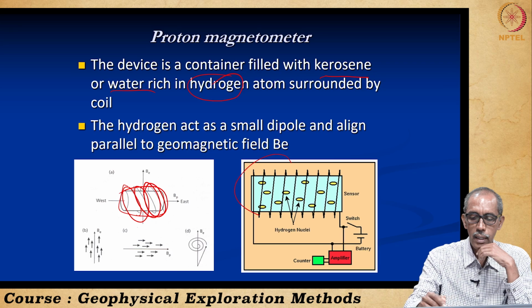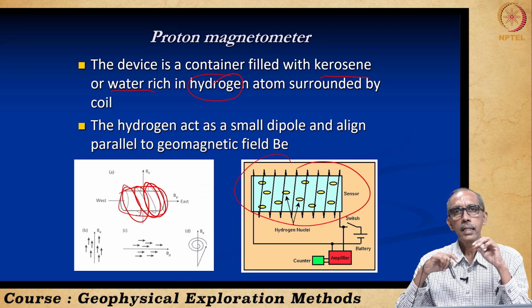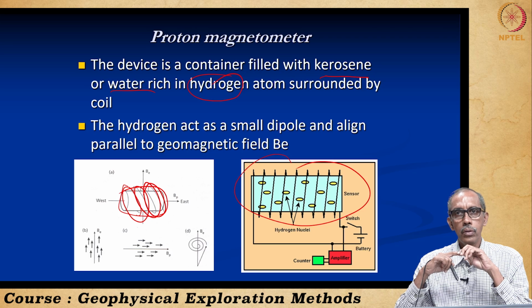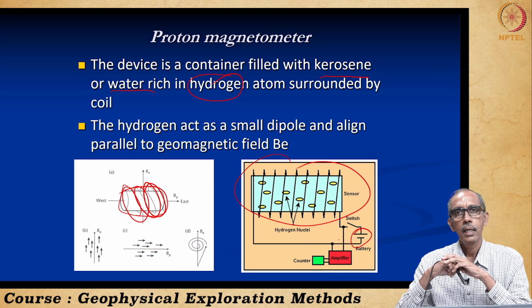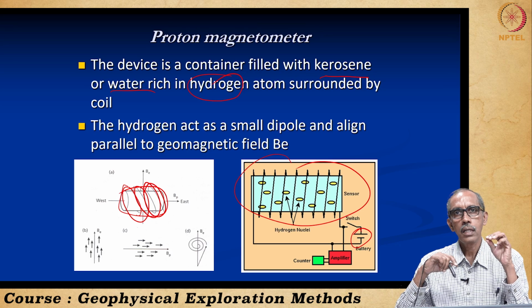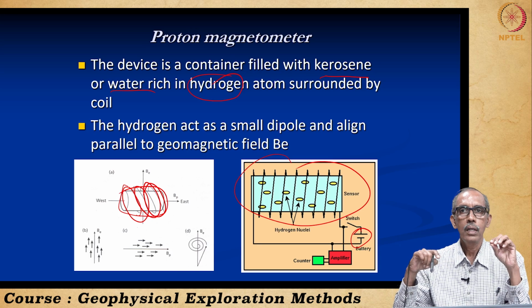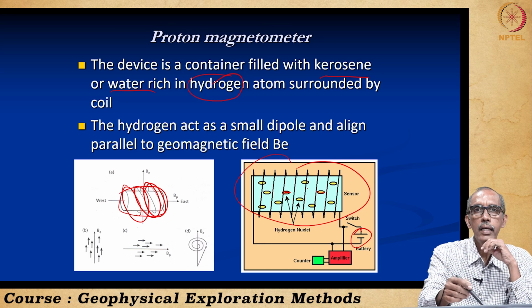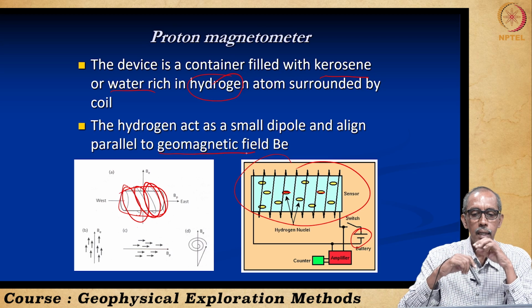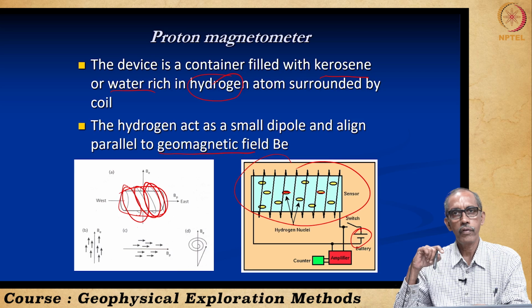When current is applied through this coil with the help of a battery, these hydrogen ions realign themselves, forming a small dipole. As you see here, they are aligned along the geomagnetic field,